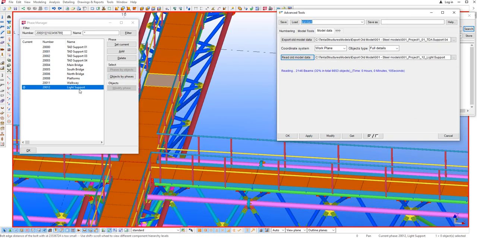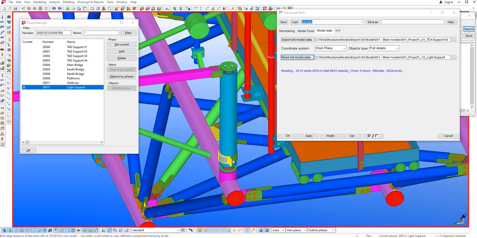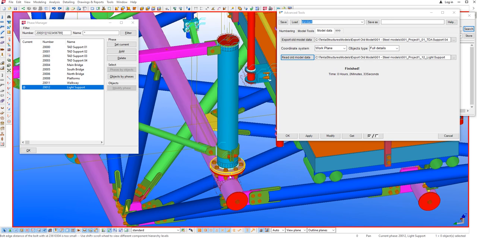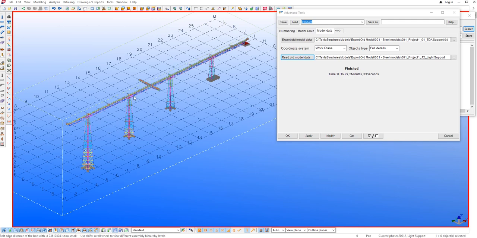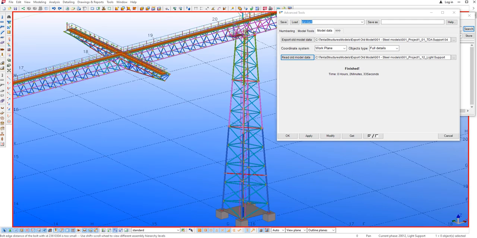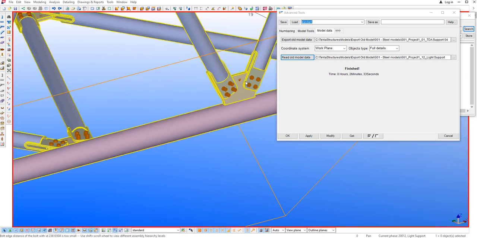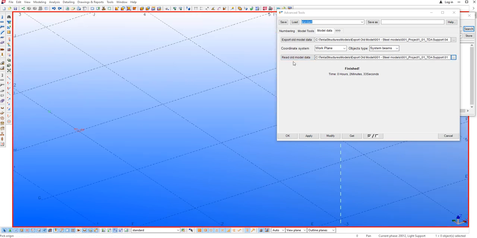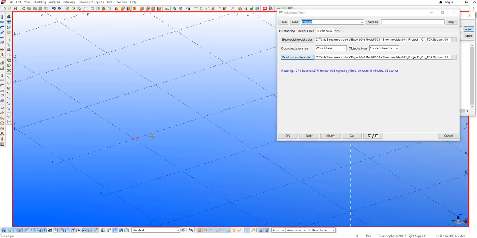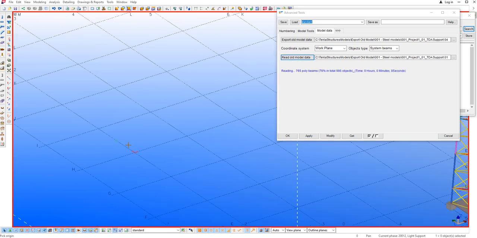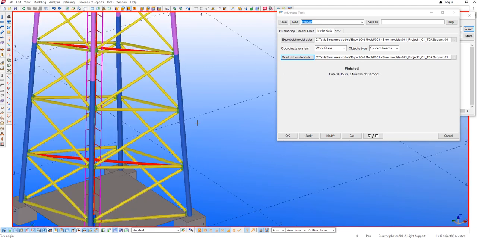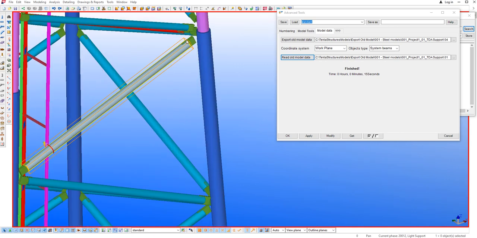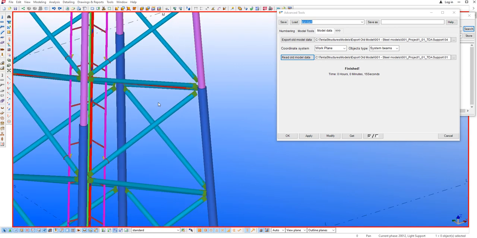And finally we read the lighting support, or the light support structure. We are reading first all the bars, and now reading the welds and bolts. You can see all the structure for lighting copied now. That is very nice. You can rebuild the model very fast and easy, or you can combine all structure together easily to review the structure. We can use the system beam to export only the main structure for beam and poly beam to review the structure or connection with the system beam. That is very fast. Only the light system for beam and poly beam, not including the bolts and welds or cutting, only the beam.